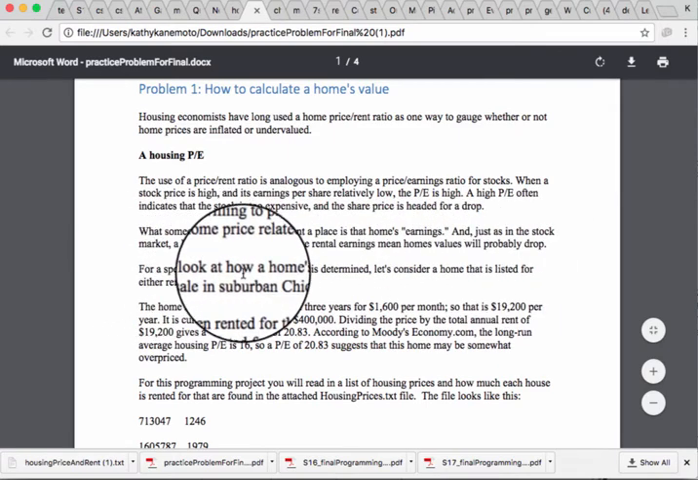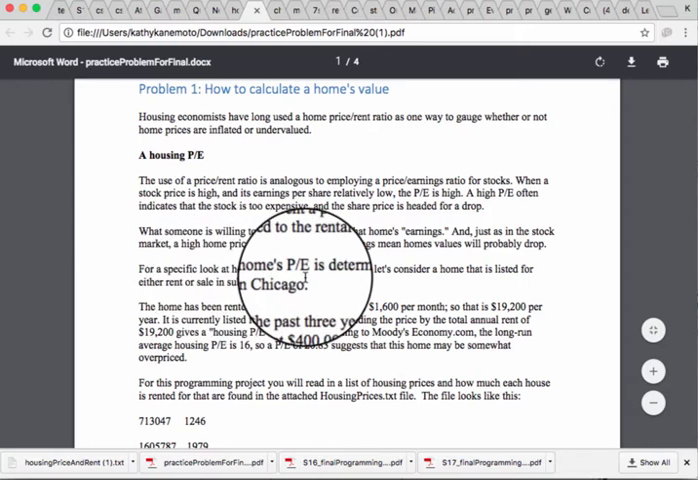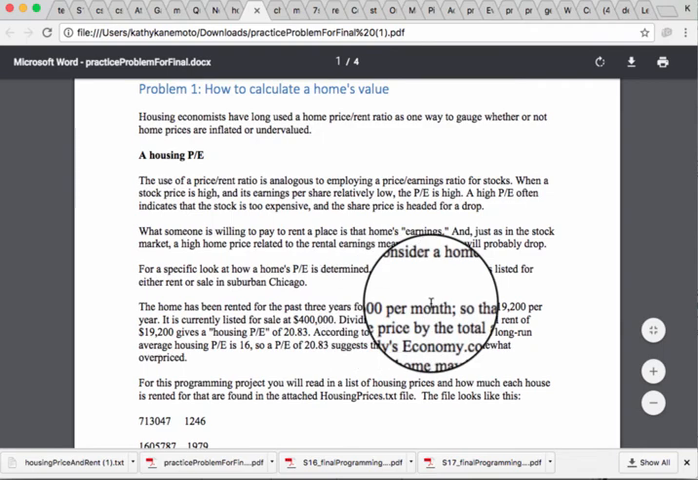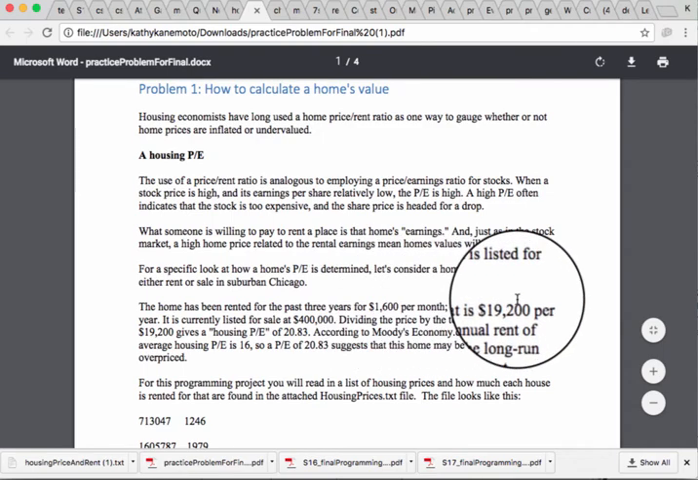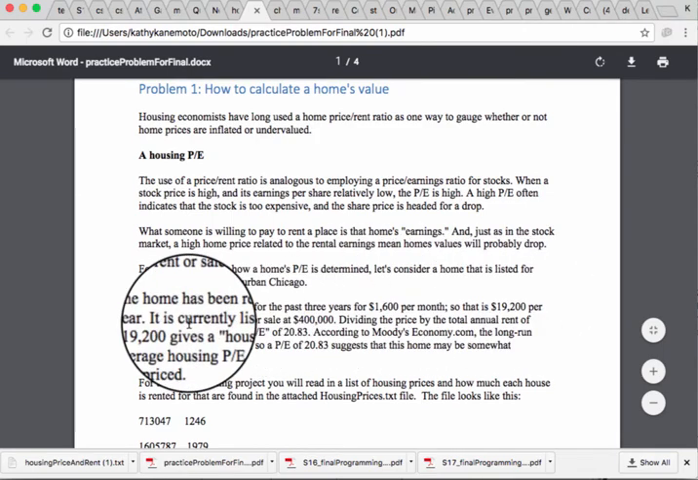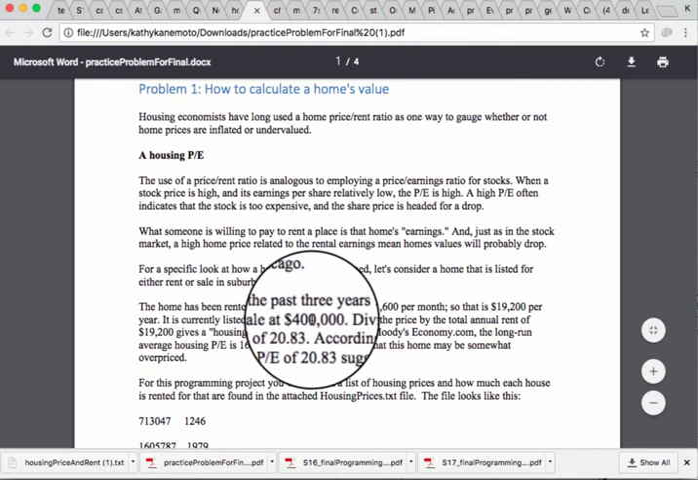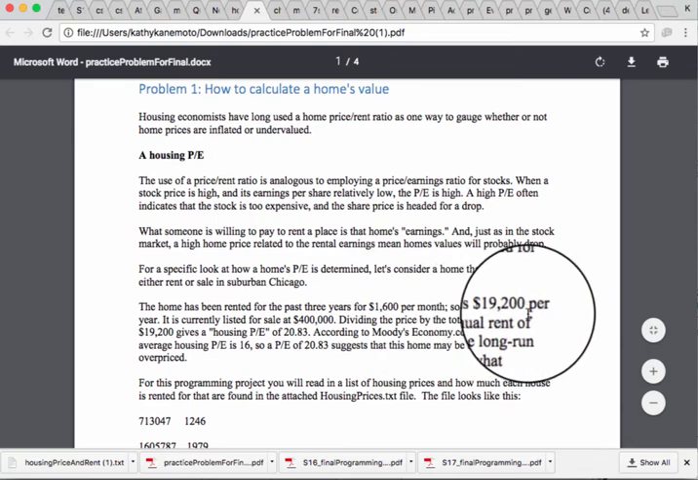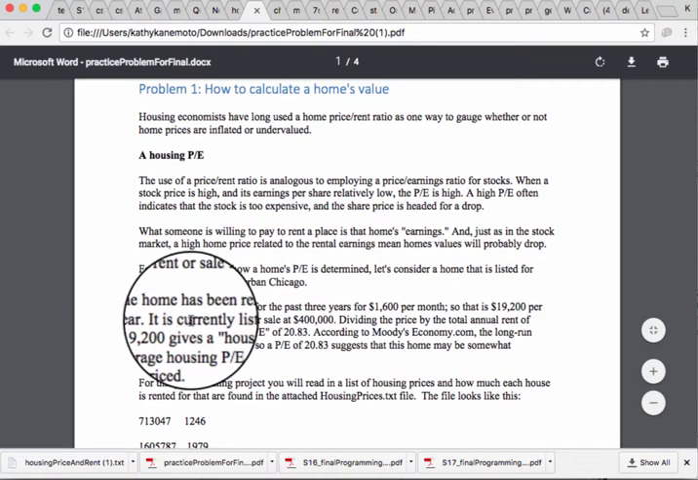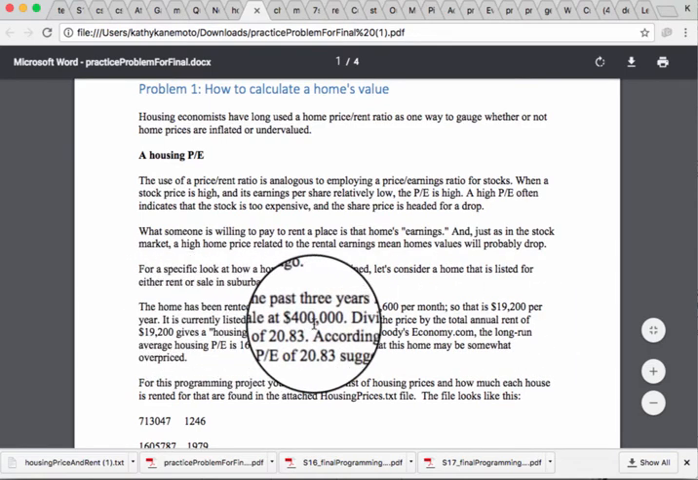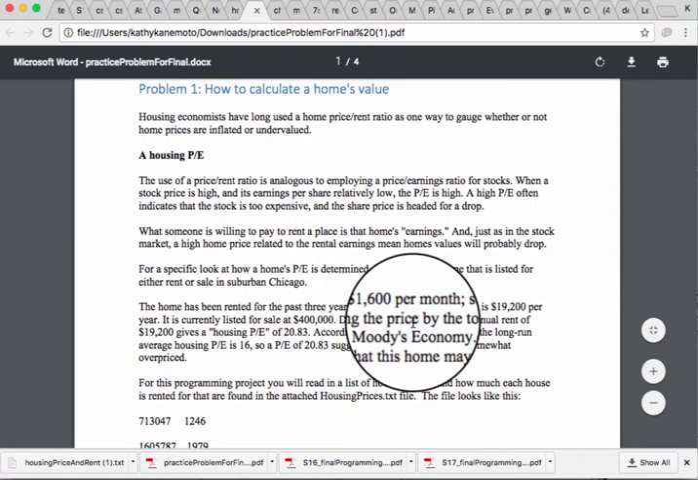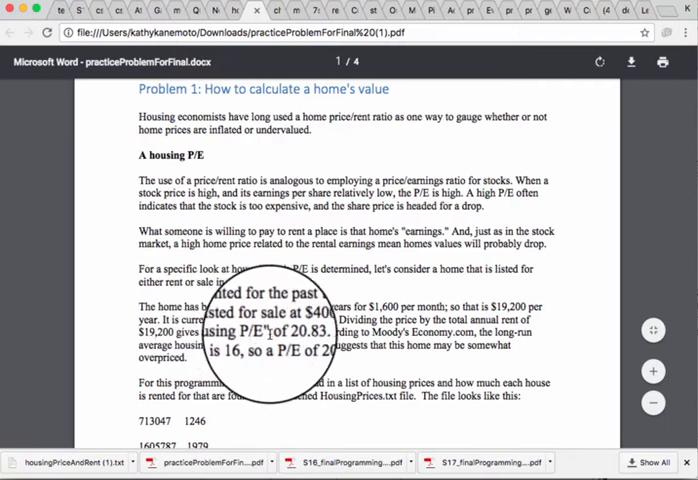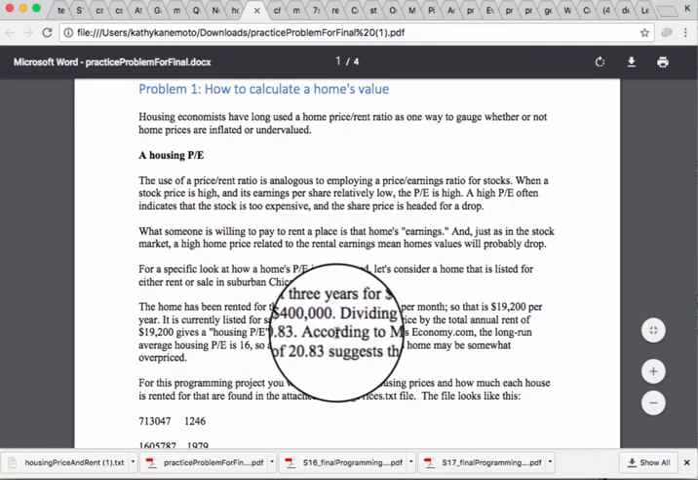For a specific look at how a home's PE is determined, let's consider a home that is listed for either rent or sale in suburban Chicago. The home has been rented for the past 3 years for $1,600 per month, so that is $19,200 per year. It is currently listed for sale at $400,000. Dividing the price by the total annual rent of $19,200 gives a housing PE of 20.83. According to moodyseconomy.com, the long-run average housing PE is 16, so a PE of 20.83 suggests that this home may